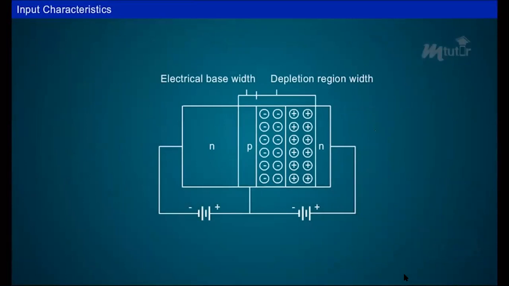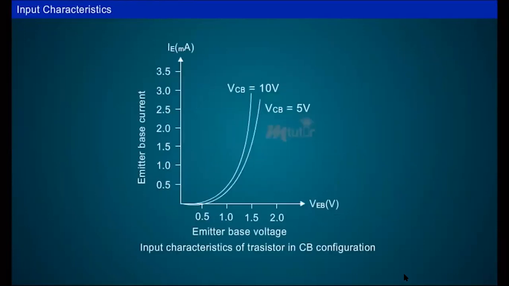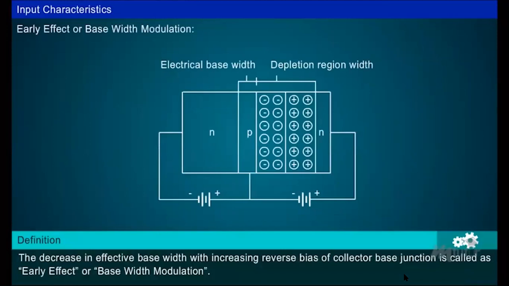This increase in concentration of charge carriers causes more diffusion of electrons from the N-type base, increasing the emitter current slightly. Early effect or base width modulation. The decrease in effective base width with increasing reverse bias of the collector base junction is called the early effect or